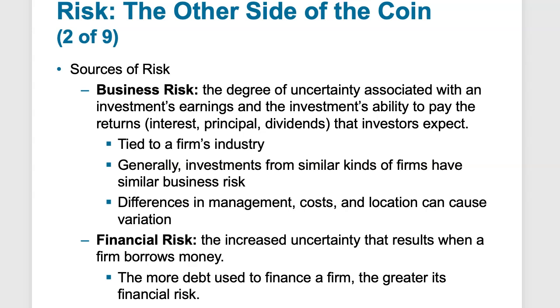Now, financial risk is more about the uncertainty when a firm borrows money. So a firm can have a very good business. However, if they borrow too much money at too high of a cost, this could destabilize the firm. So the more debt a company takes on, the riskier they become because they have a greater financial risk or financial commitment to pay interest on that debt. So if you have a company that has a good business model,